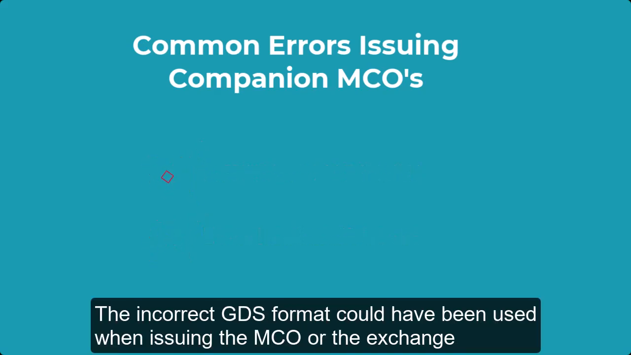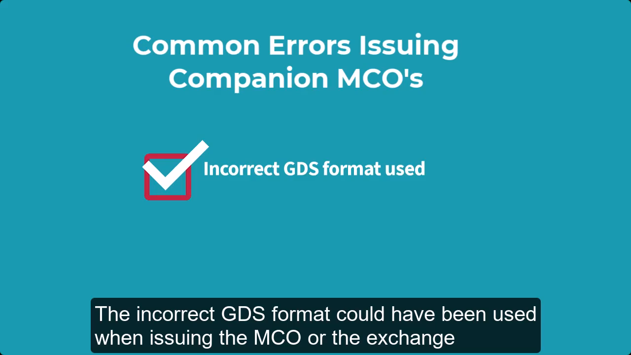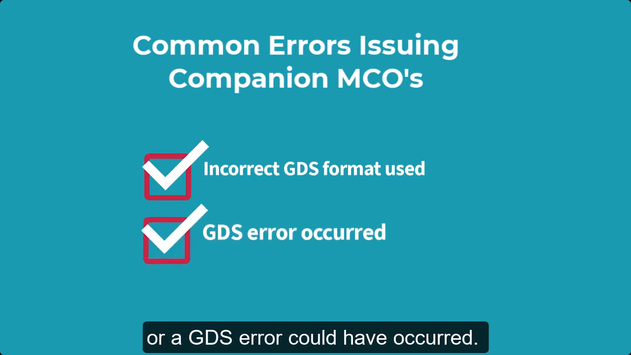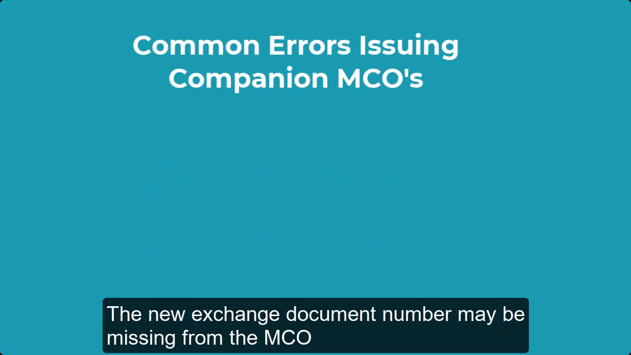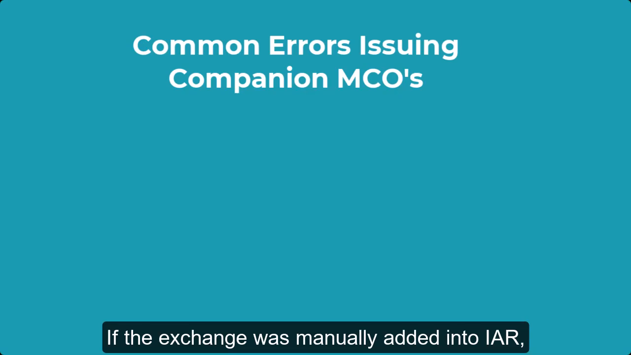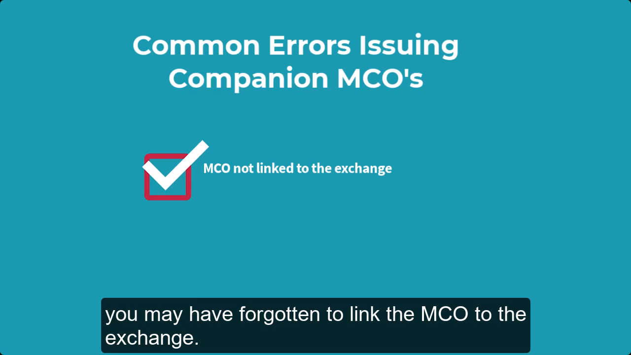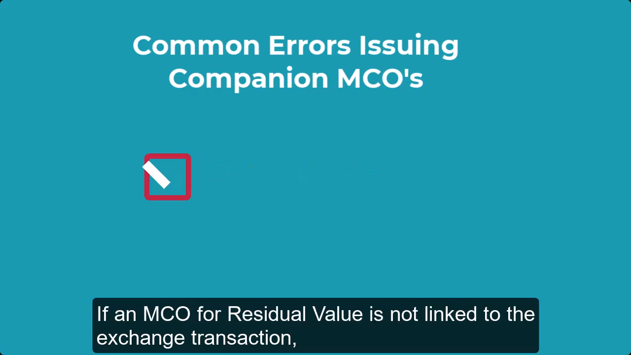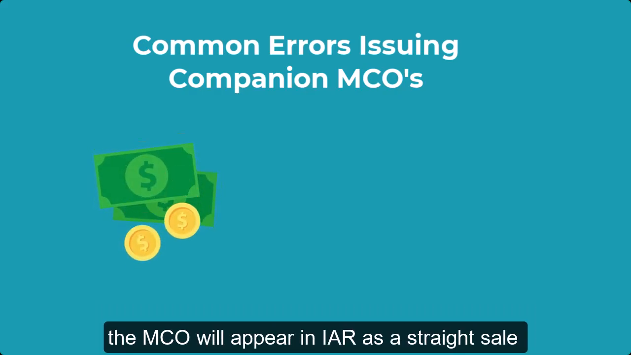The incorrect GDS format could have been used when issuing the MCO or the exchange, or a GDS error could have occurred. The new exchange document number may be missing from the MCO, or the MCO's type of service may be incorrect. If the exchange was manually added into IAR, you may have forgotten to link the MCO to the exchange. If an MCO for residual value is not linked to the exchange transaction, the MCO will appear in IAR